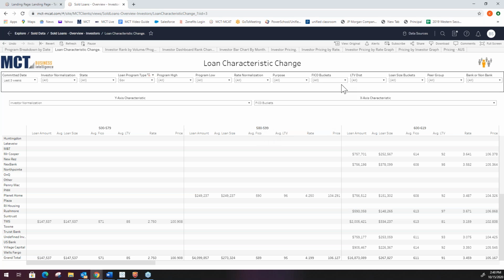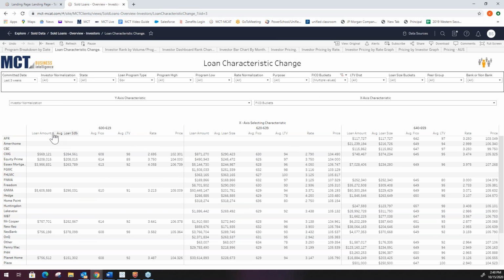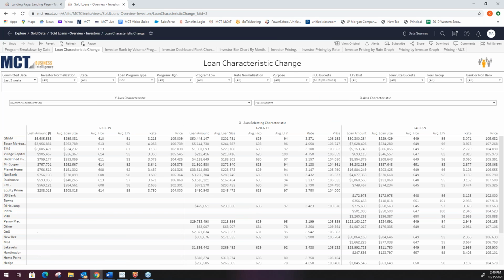I'm going to actually filter out and look at some specific FICO buckets. So let's just look at the 600, 620, 640 to 659 and apply here. I'm going to scroll back up. And now I'm going to sort so I can see who's at the top. So in this lower FICO tier of 600 to 619, looks like the majority of that volume is going to